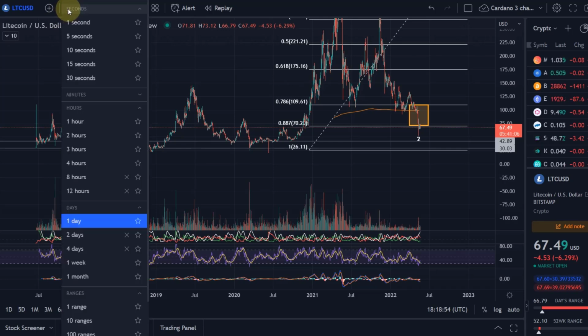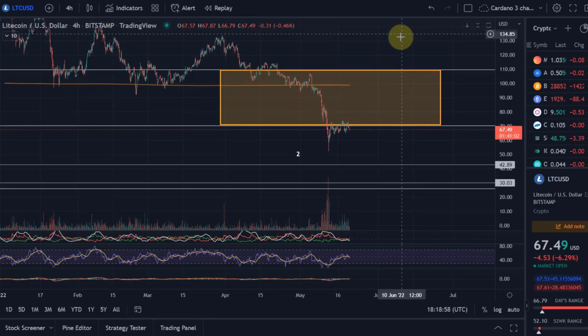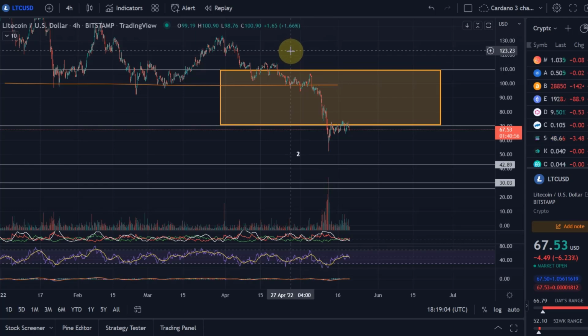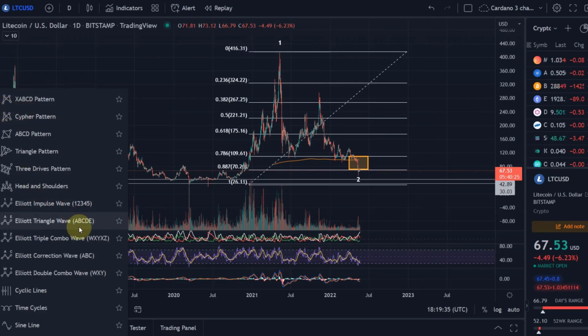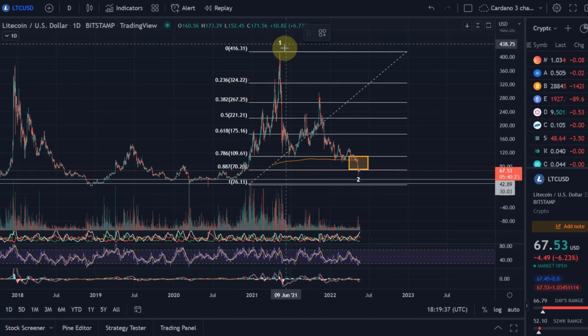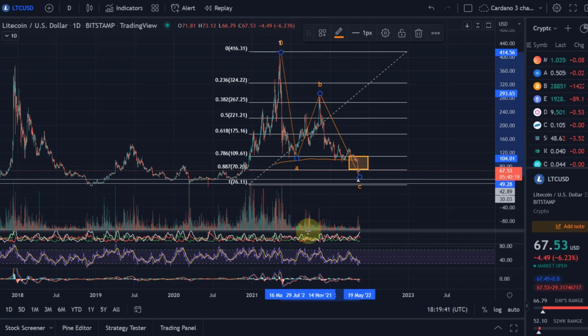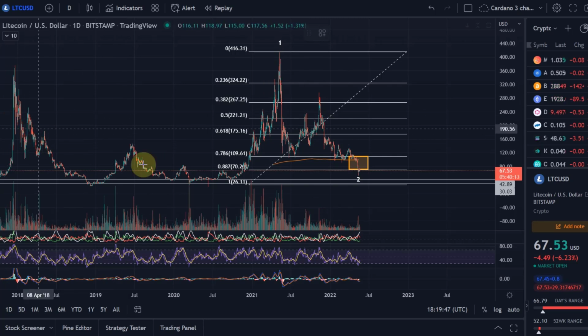Yeah, but let's take a look at the more imminent Elliott Wave count, and let's take a look at where the price could actually finish its overall correction. So the overall view has to be that in this overall correction, in this wave 2, we came down in a wave A, we moved up in a wave B, and we're moving down here in a wave C. Yeah, so the wave C, or the ABC, is part of that wave 2.